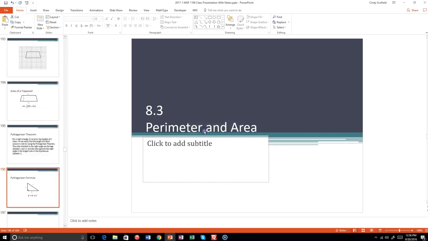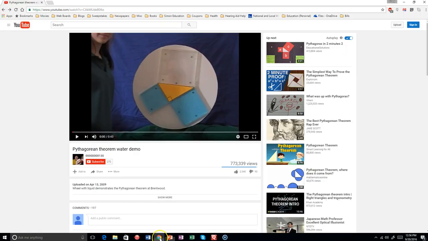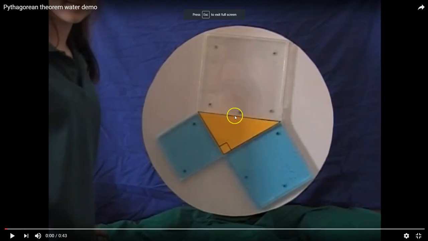Ask me that anytime in the show. But I wanted to pull up a video from YouTube where they're using some liquid to show the fact that a squared plus b squared equals c squared. You have this right triangle here. One of the legs is length A, and they have a square attached to it that's a by a, or a squared for the area. Then one of the other legs is b, and they have a square attached to that that's b by b, or b squared. And what's going to happen is they're going to rotate this and pour the liquid out of